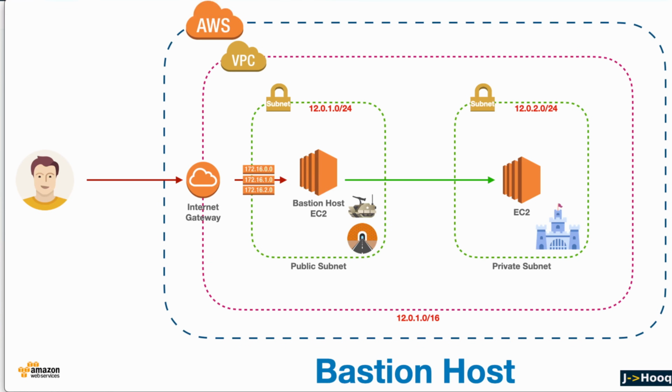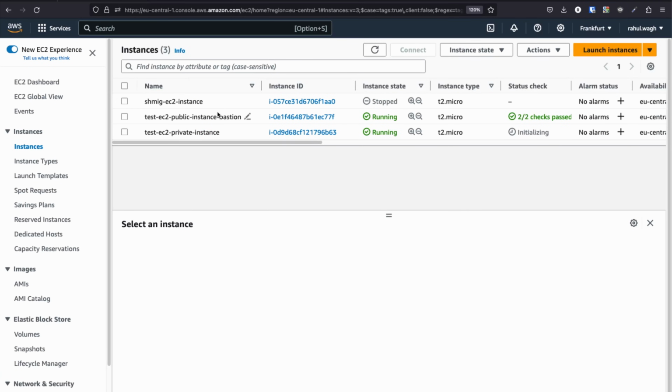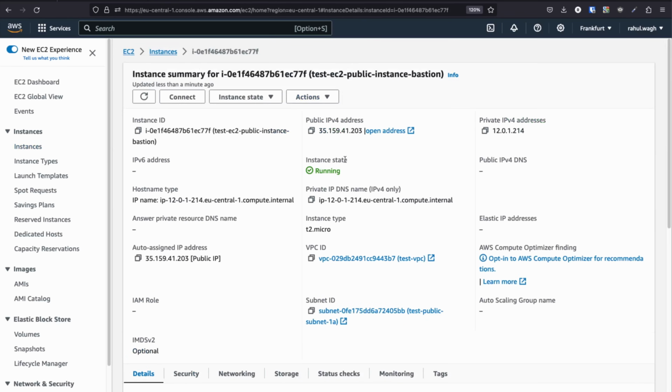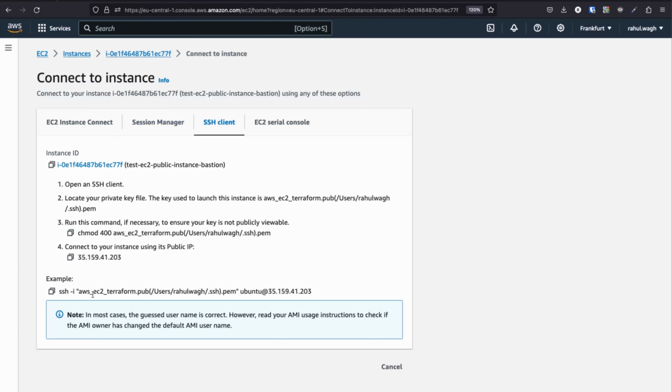For that, we just need to go to our EC2 dashboard. Here, click on this public Bastion host, click on this ID, and here we need to copy the public IPv4 address of this particular Bastion host. So that's the public IP which you can copy. But the key thing over here is how would you connect to this EC2 instance, which is our Bastion host? You just need to click on connect, and here you will find all the instructions